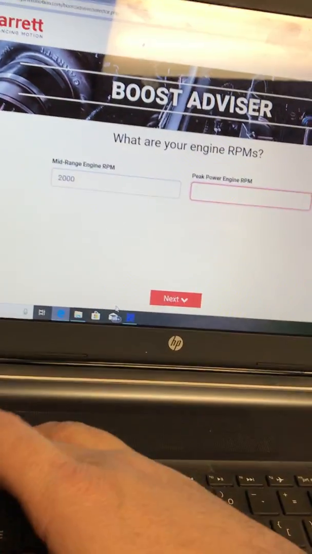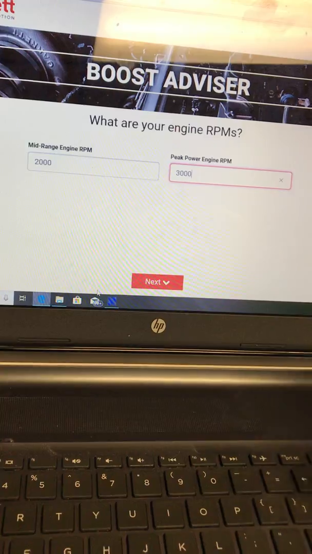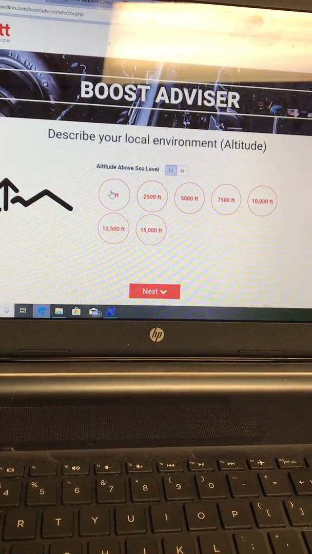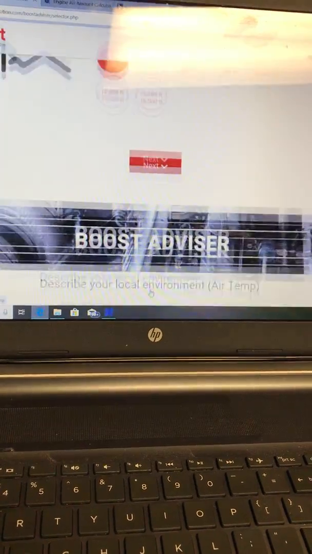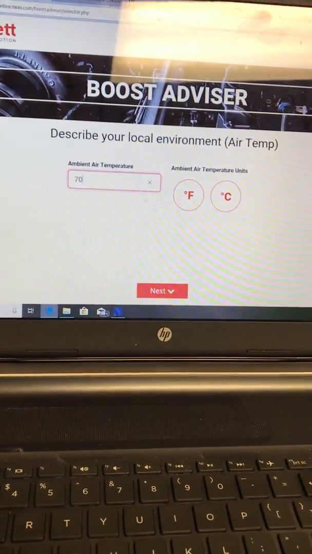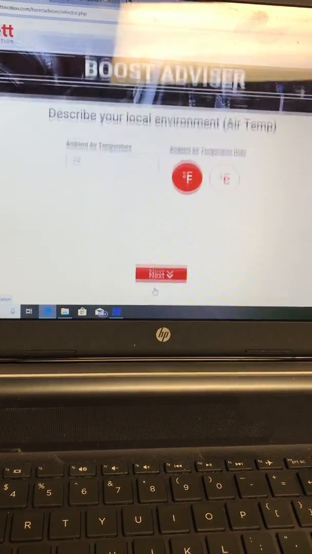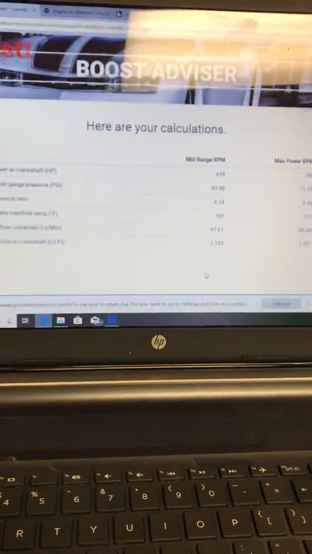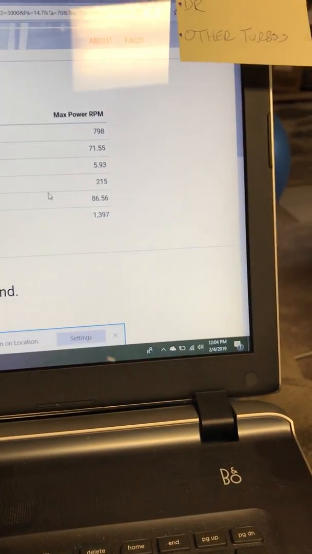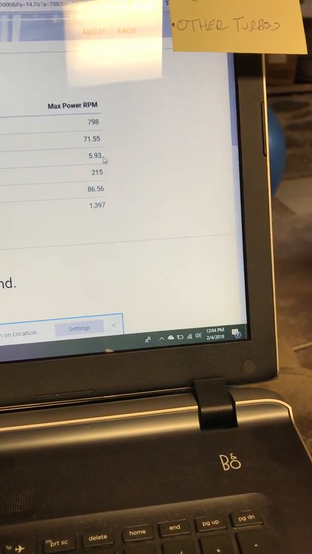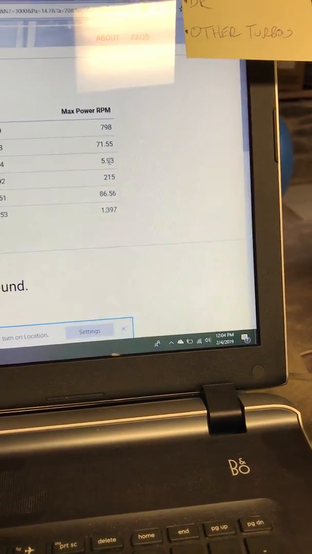Let's see. 3,000. Let's see if we come up with some more realistic numbers. Go back to 0 degrees, or 0 feet. 70 degrees. Show recommendations. Let's see. Yeah, that makes a little more sense. Okay. So 798 horsepower is going to require 71.5 pounds of boost, which is a 5.93 pressure ratio,